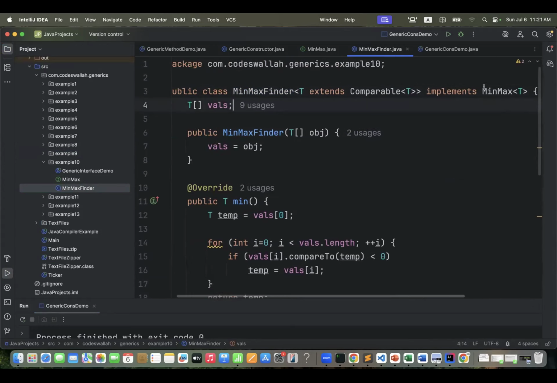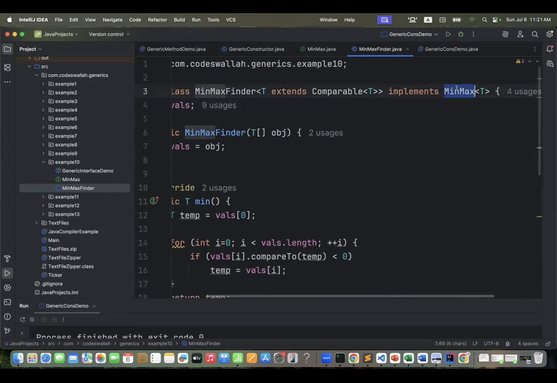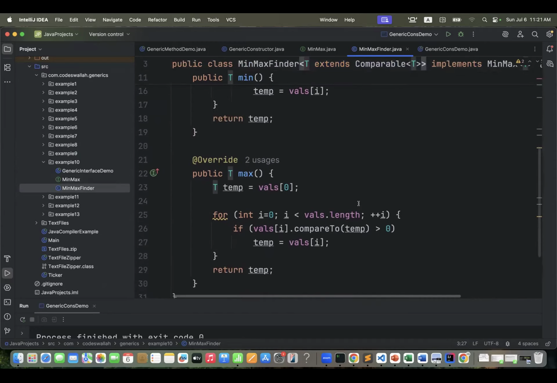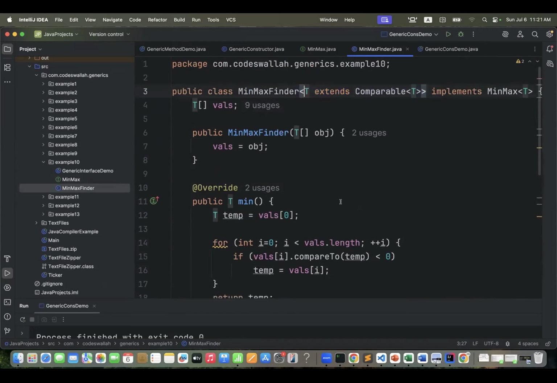Even if it implements MinMax, by nature it will be generic. And in MinMaxFinder, I have to declare the type here because this class is going to be generic. Nowhere else would you have seen this statement, less than T and greater than T, correct? So declaration always happens once. This type declaration happens once. In case of class, it will happen along with the